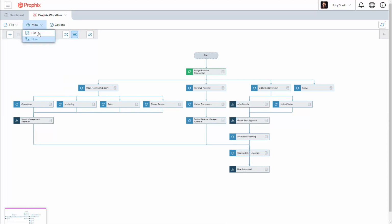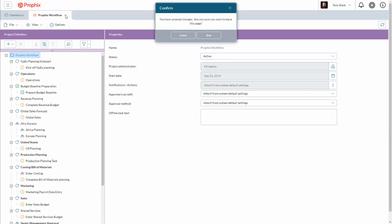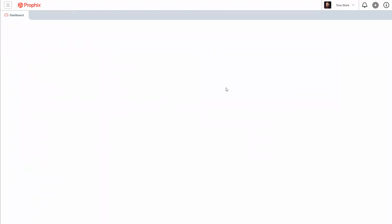So once everything is really set up, all you're doing is going from a state of prepare to active to kick off the cycle, and everything manages itself from that point on out. I hope that gives a little bit of clarity into how our workflow really works and plays out in real life, because it's a huge part of the value that you're trying to realize in purchasing a software like Prophix. The reporting and planning on its own, of course, are great